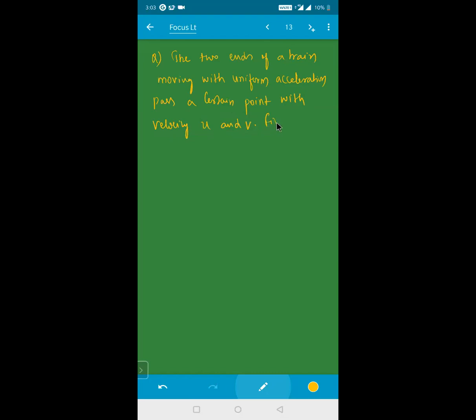First, find the velocity with which the middle